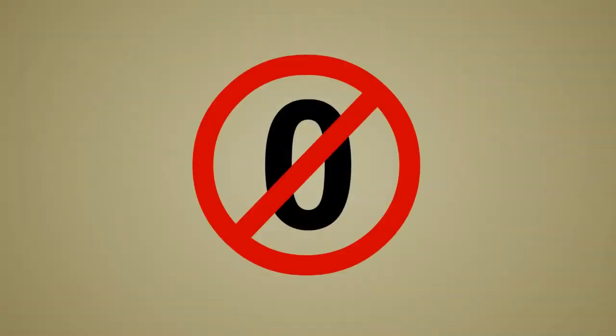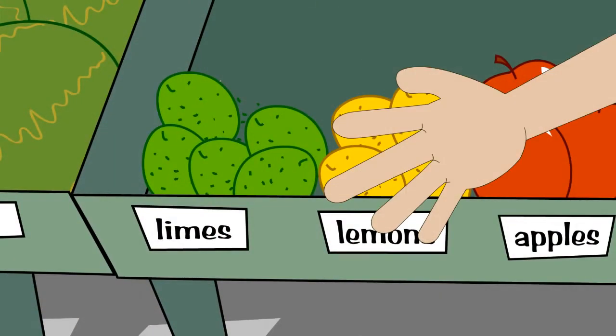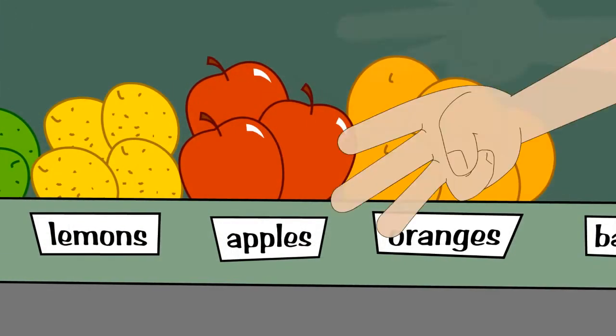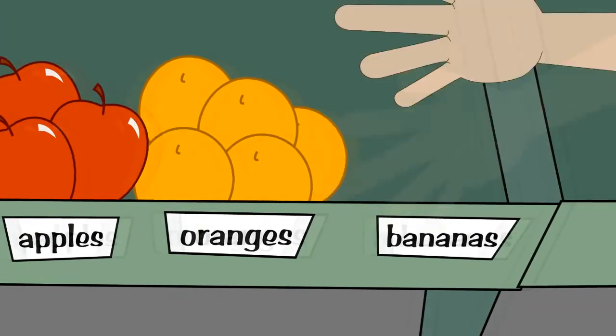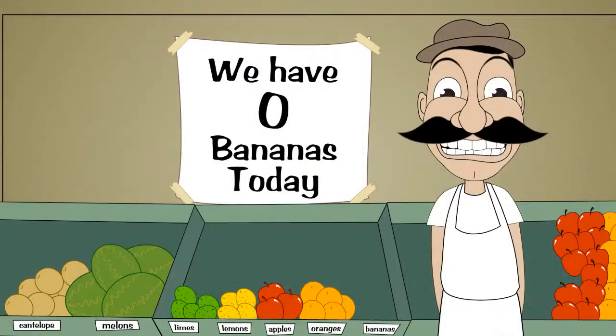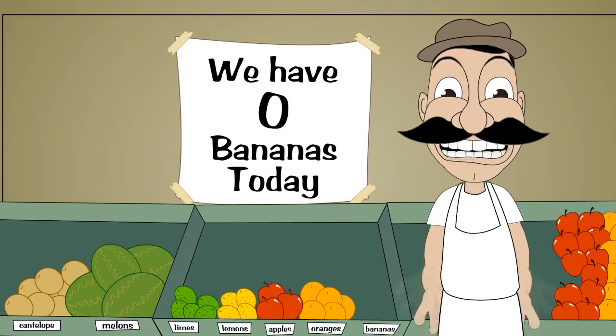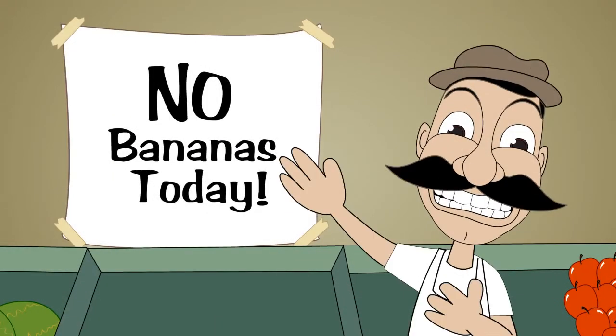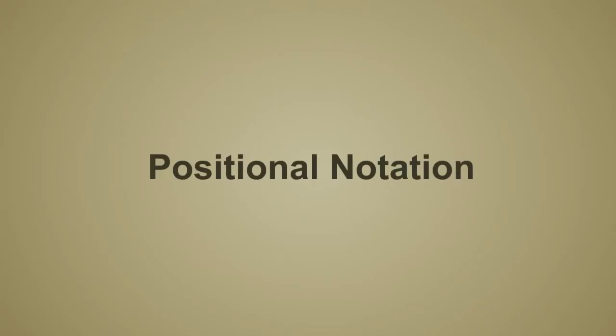Natural numbers do not include the number 0. When people started counting things, it probably seemed pointless to invent a number for no things. Why would you say the number of bananas we have is 0, when you could just say, yes, we have no bananas? However, once positional notation was invented, a symbol to represent 0 was needed as a placeholder for columns